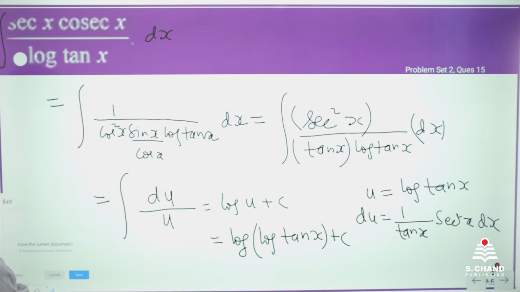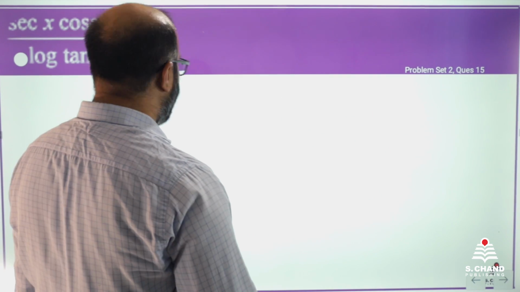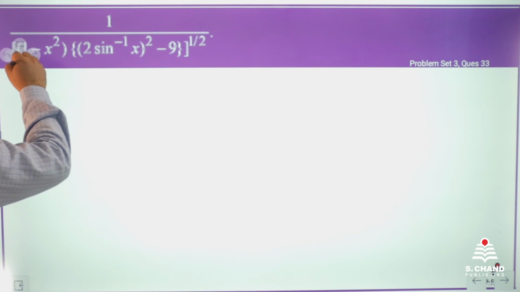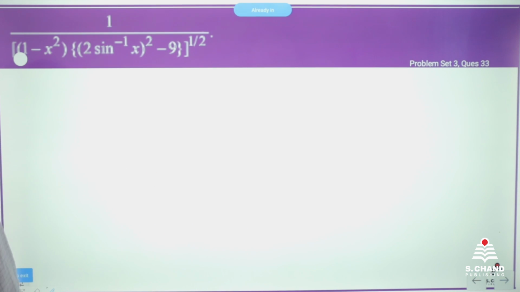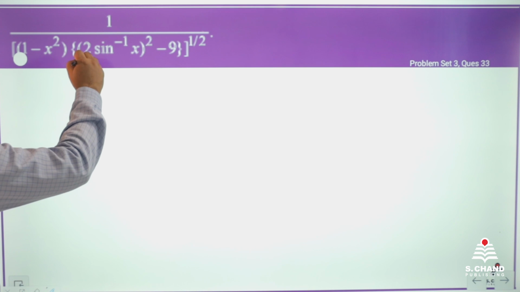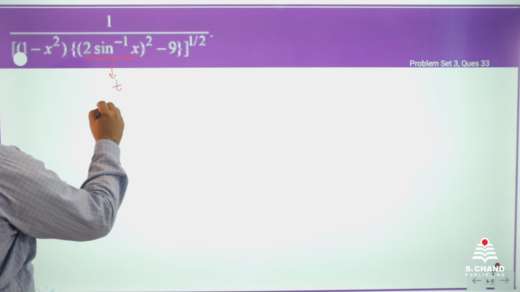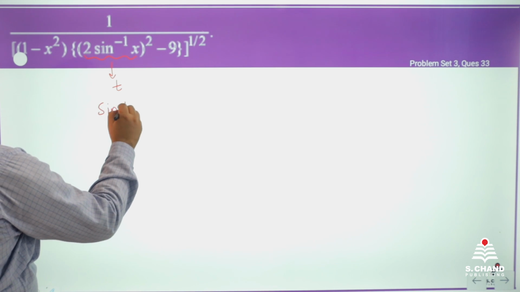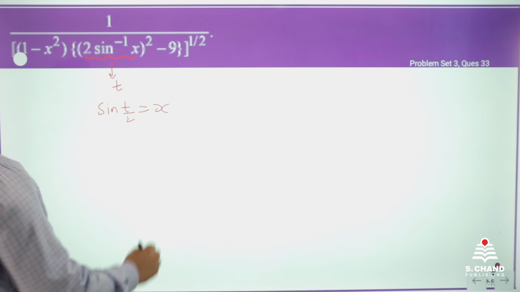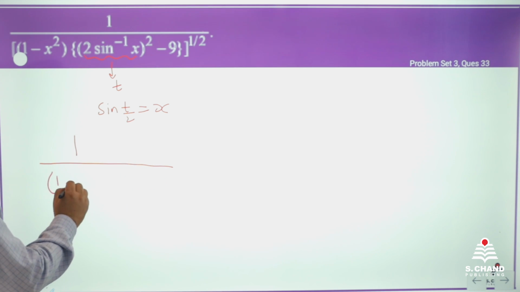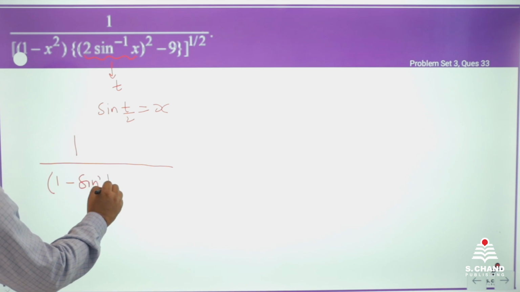Let us come to the next question. The next question is about integration of this particular term. Now when you integrate this, you have to do a proper substitution. What substitution comes to your mind first? Suppose we take 2 sine inverse x as t, that is, sine t by 2 is equal to x. So what will happen? This will become 1 by 1 minus x square, that is sine square t by 2,